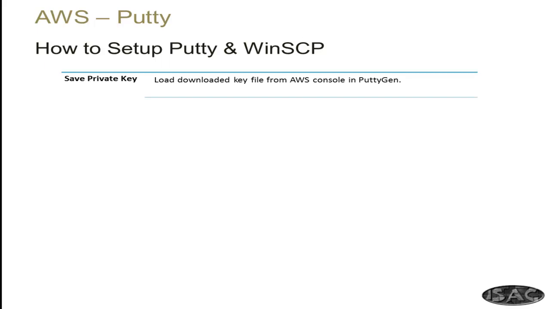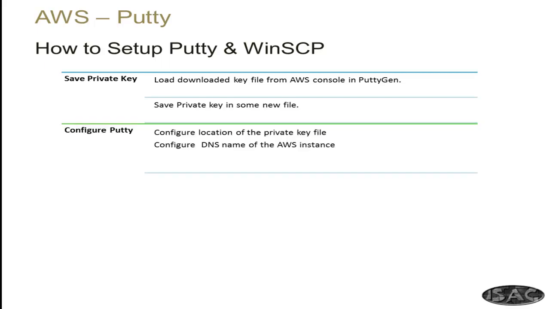Now first, you have to download a key from your AWS console in PuttyGen. Next, save this private key in a new file, and then configure Putty using the location of your private key and configure the DNS name of your AWS instance. So we'll talk about